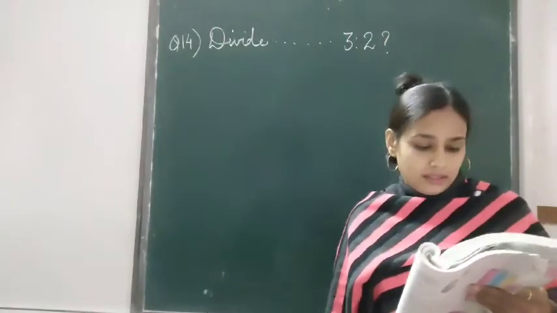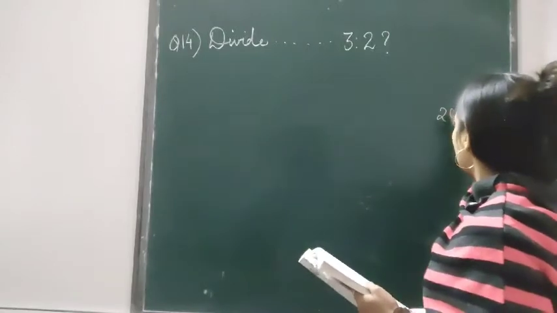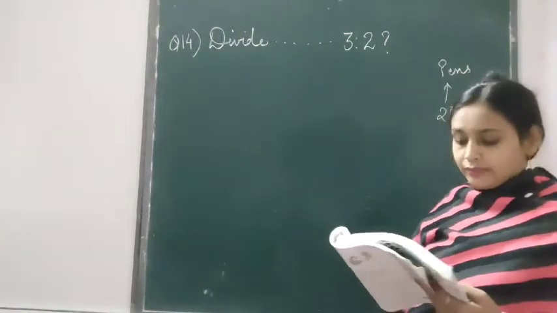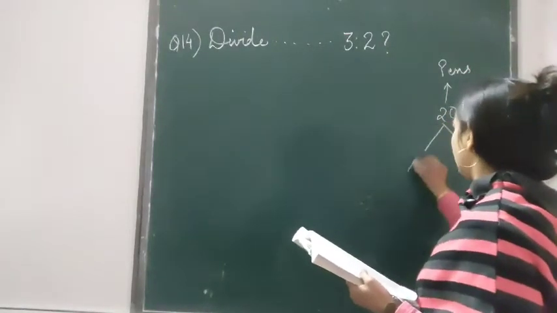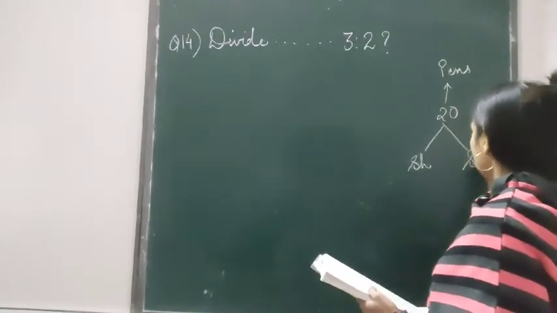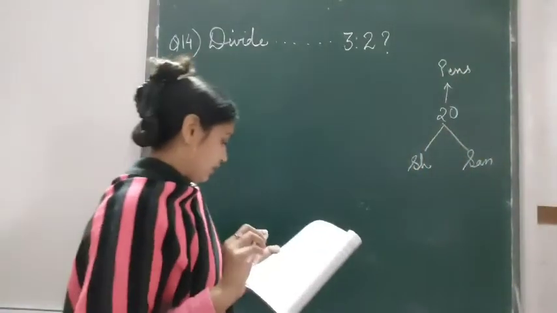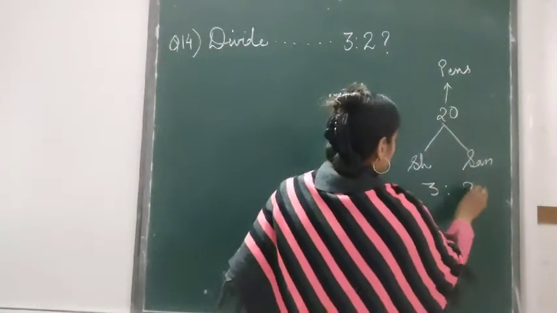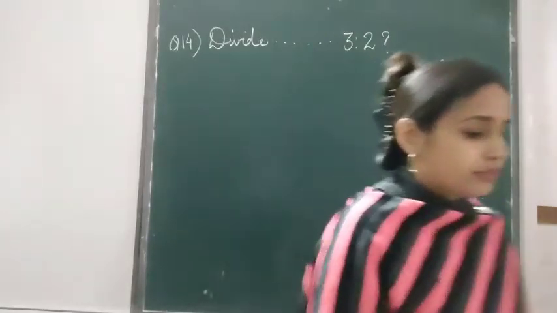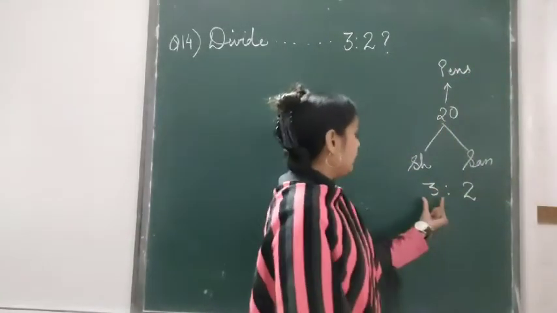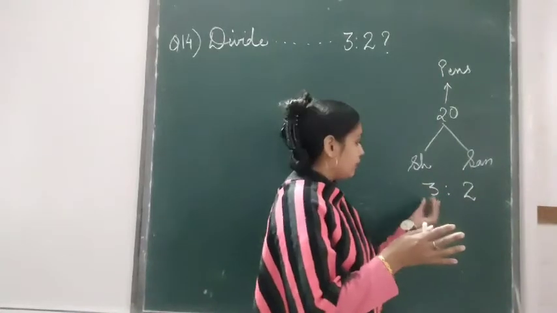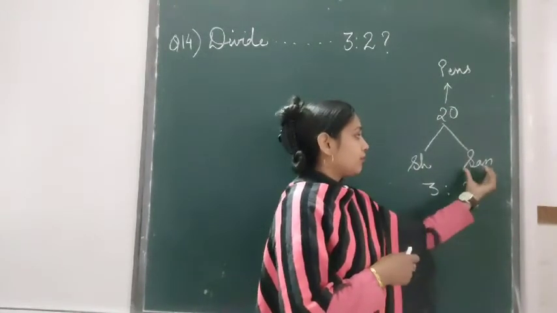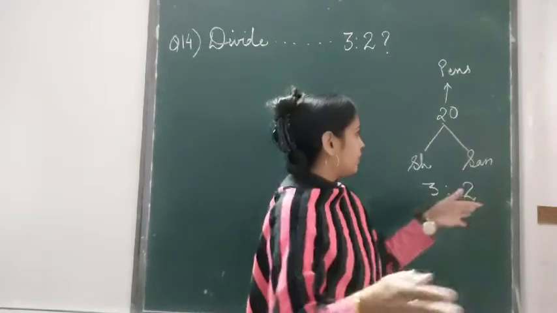Divide 20 pens. So we have to divide 20 pens in between Sheila and Sangeeta. Sheila and Sangeeta in the ratio 3:2. 3:2. That means whatever parts we divide the pens, in that 1/3 part will be of Sheila and 2/3 part will be of Sangeeta, means if you divide these pens,